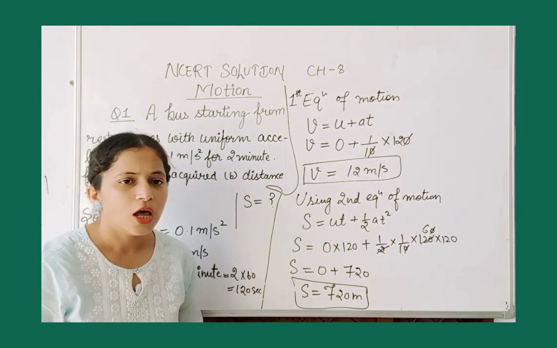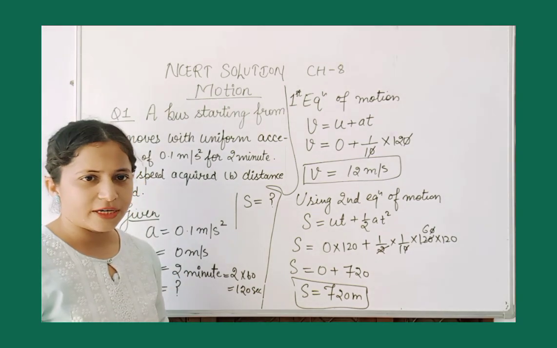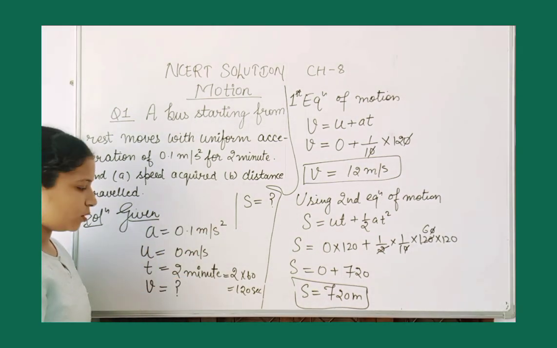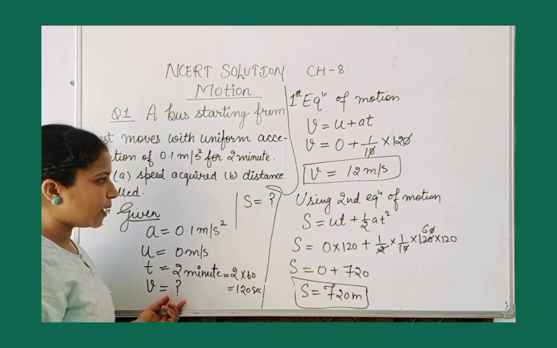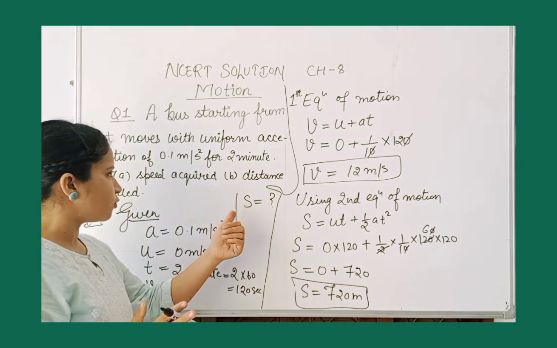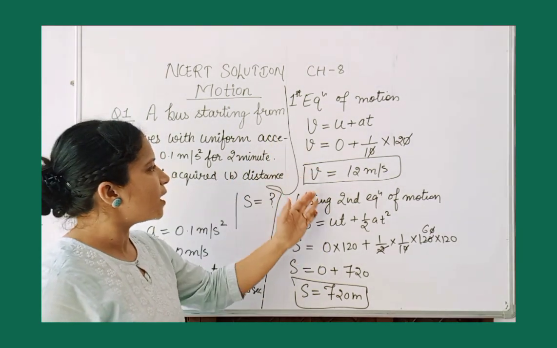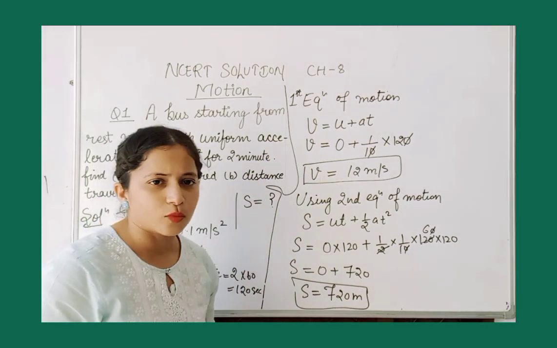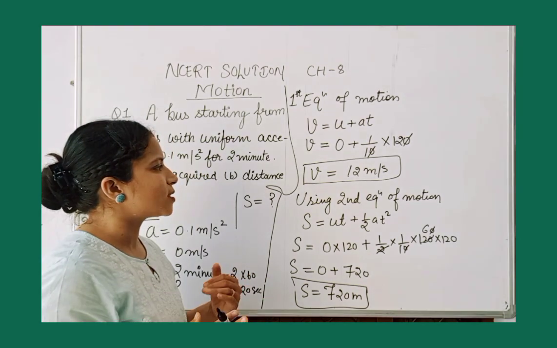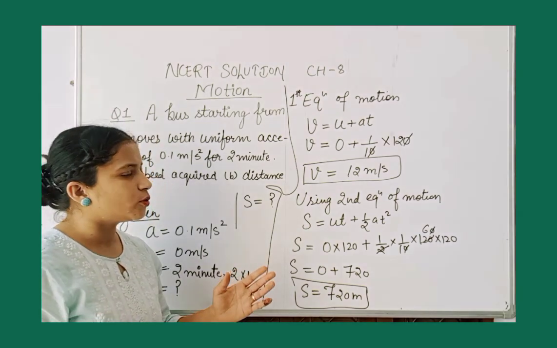So I hope you understand how to solve these kinds of numericals. What is given, you have to write. What you have to find out, you have to write that value by putting the question mark. So it is clear to you what value you have to find out. Now according to the given values, you have to use the equations of motion or any formula which is required in the question. So you can solve the questions this way. Please note this question so that we can proceed to the next question.